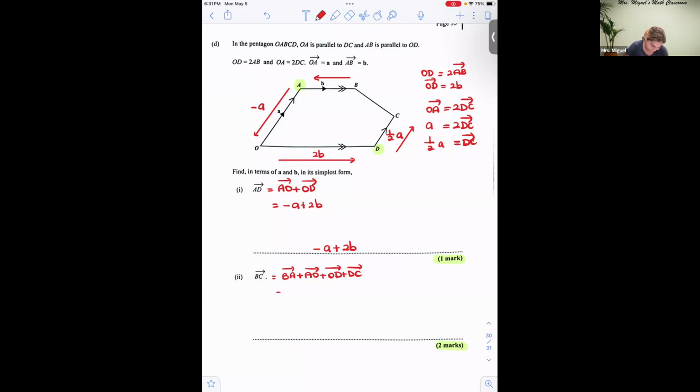So we have B minus A plus 2B plus a half A. So the next step is to group all the common terms. So you have